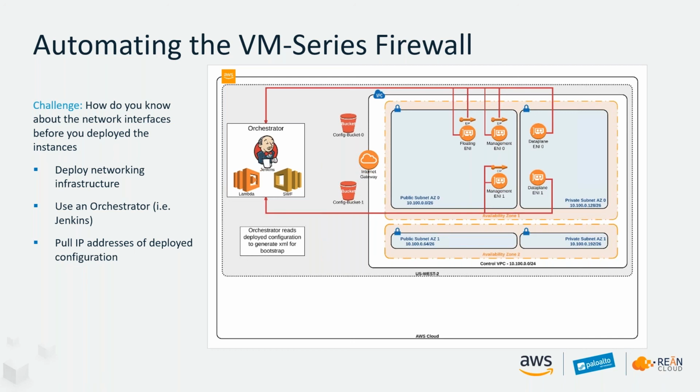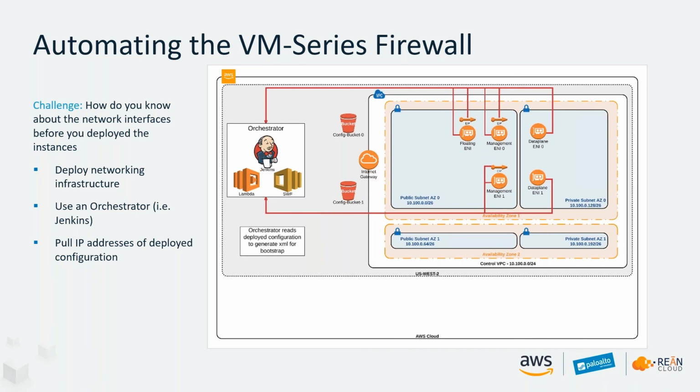And ultimately, this is what we were going to use in the configurations that we were going to deploy for the VM series. And so Jenkins was our orchestrator. It allowed us to go out and pull those back to be able to address that challenge. From there, we went forward, and